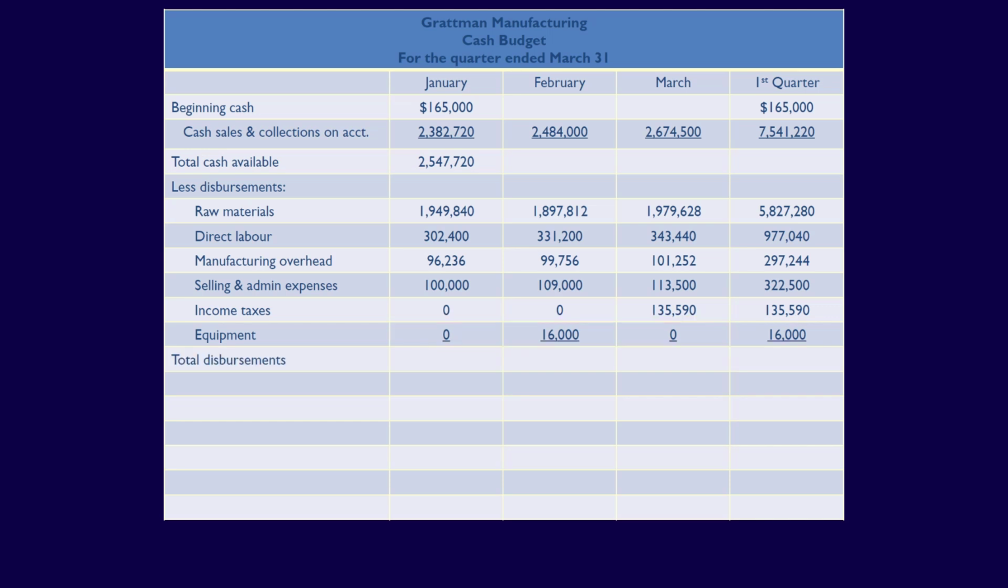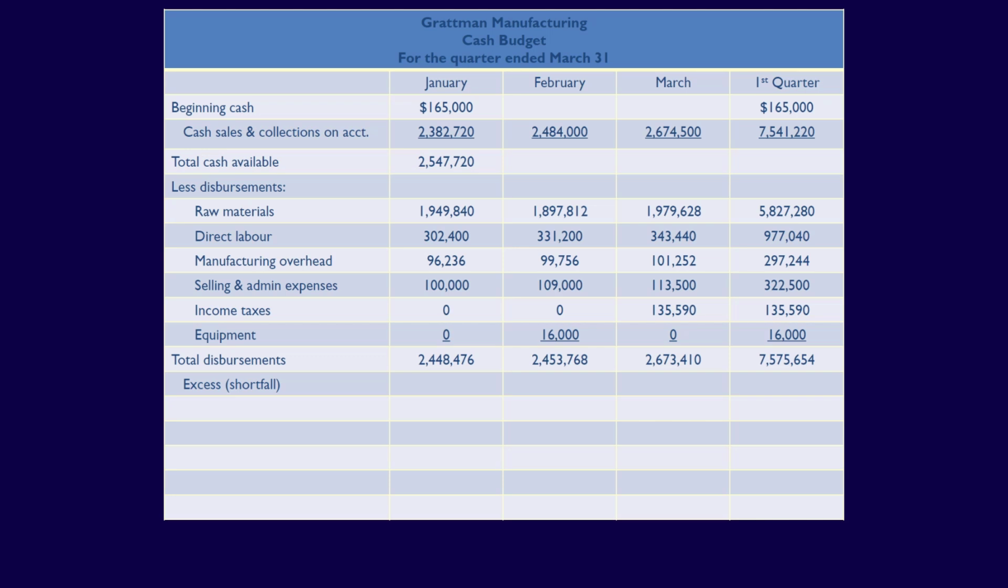We can now calculate total disbursements for each month and the first quarter. For January, total disbursements are $2,448,476. For February, the total disbursements are $2,453,768, and for March, total disbursements are $2,673,410. We can also calculate total disbursements for the first quarter, $7,575,654. Now that we have the total cash available and the total disbursements for January, we can calculate the excess